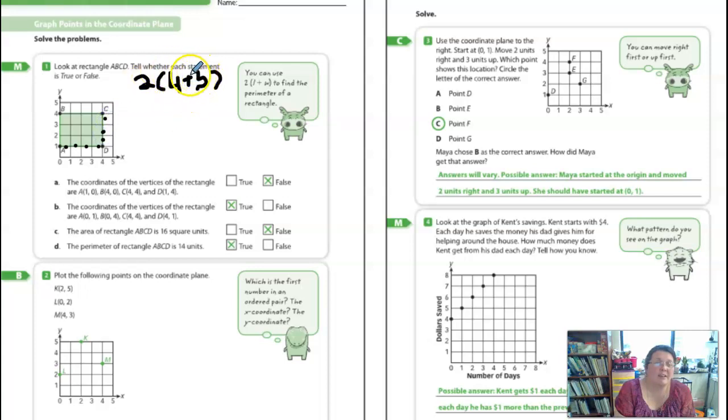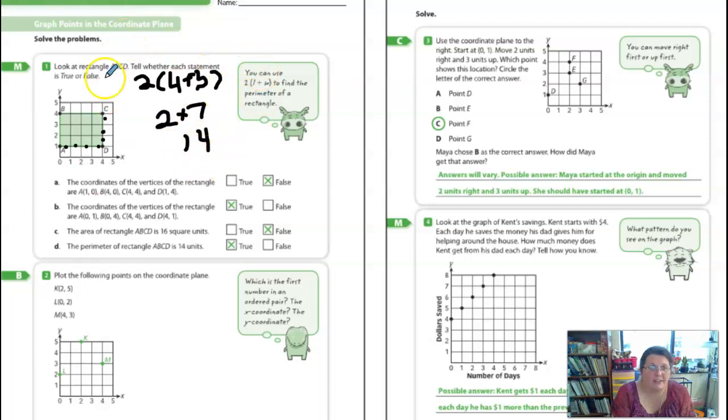So we have the parentheses first, which is 7, and then we do 2 times 7, and that is 14. I'm sorry the writing is so sloppy on here. So it is not 16, it is 14. And then it says the perimeter of rectangle ABCD is 14 units, and that is true,